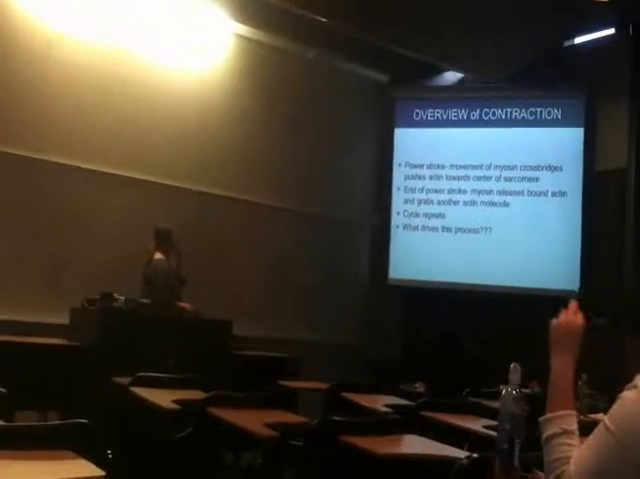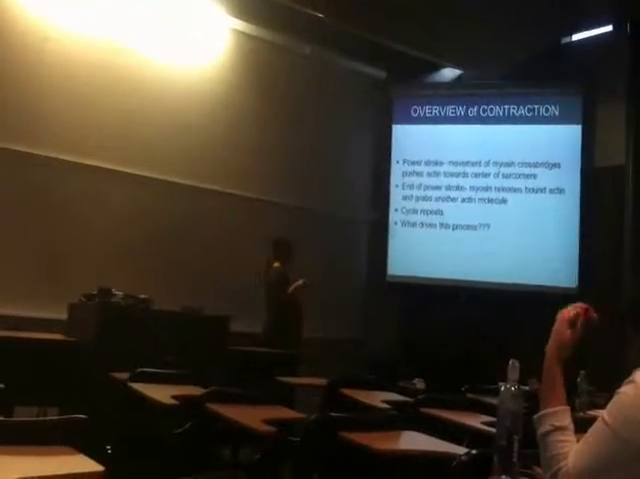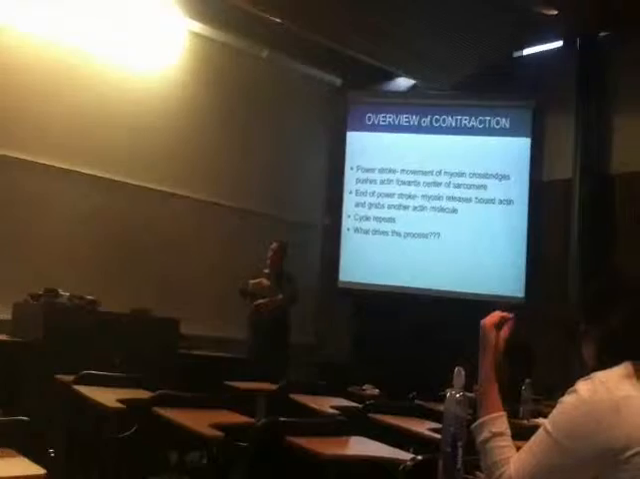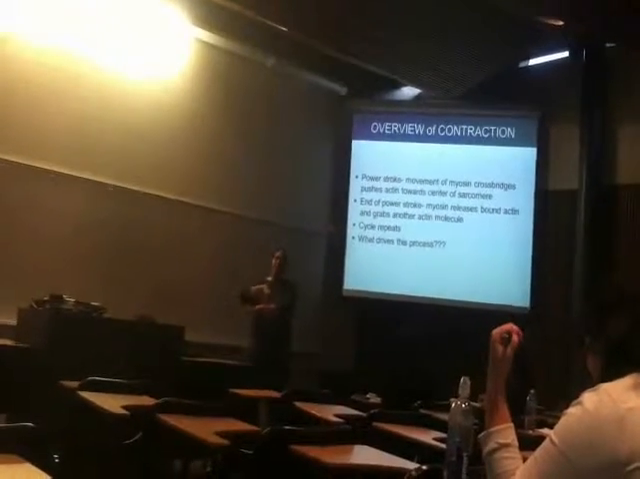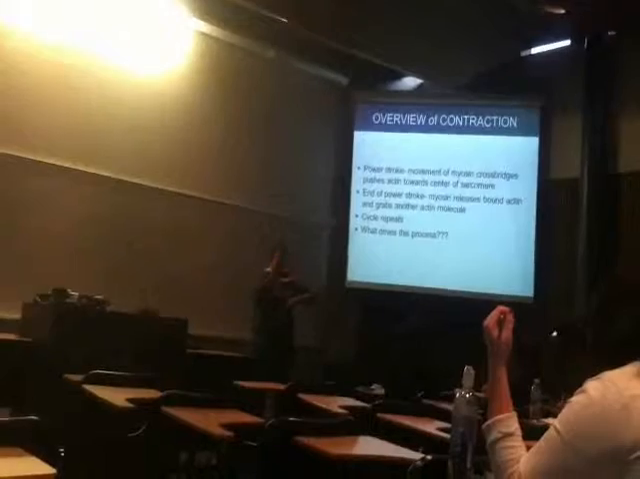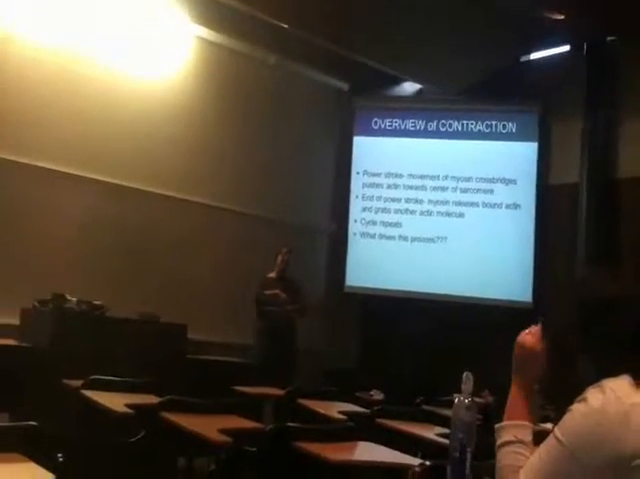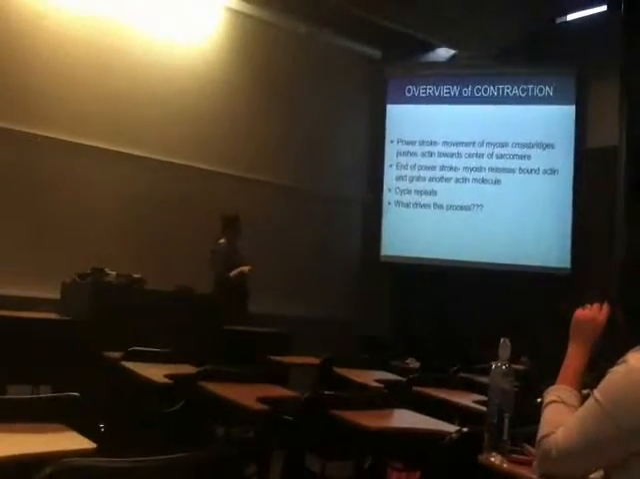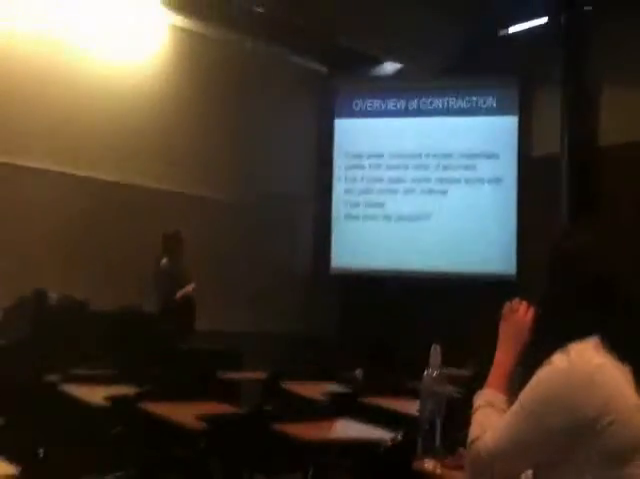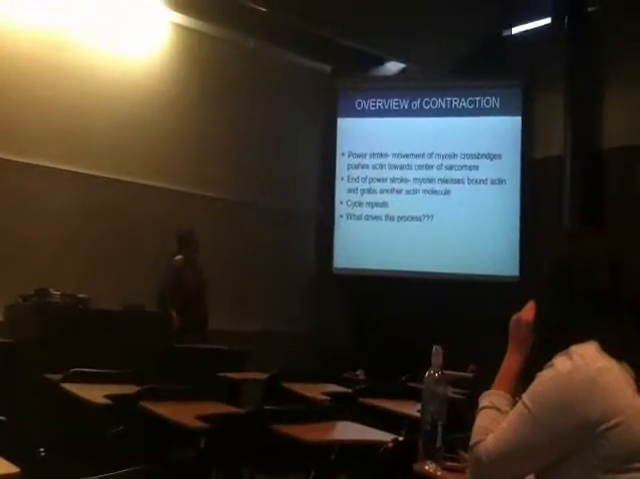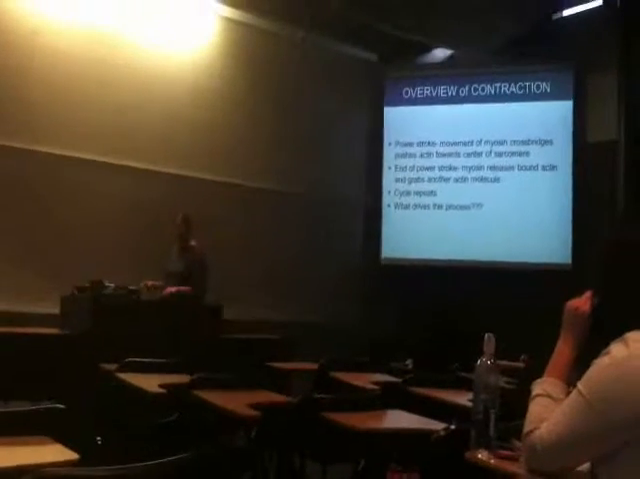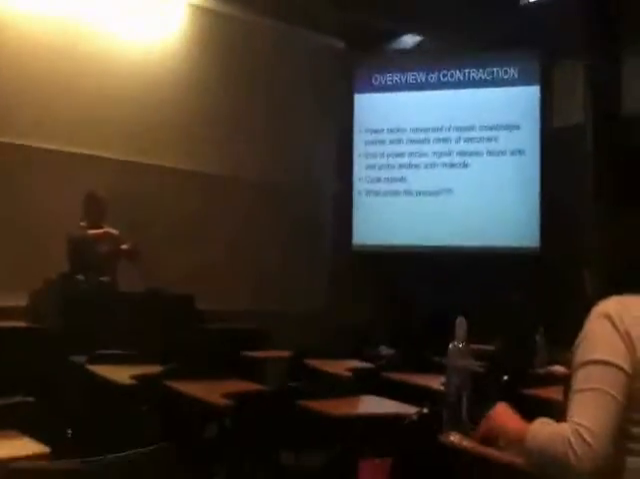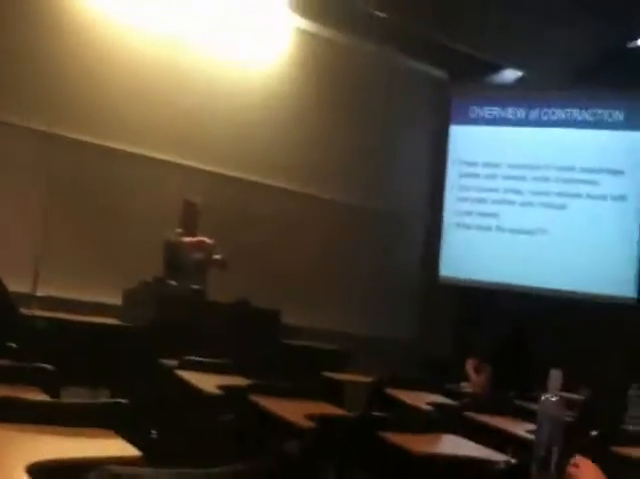Okay, so overview of contraction. How the heck does it work? Myosin, once it cross bridges with the actin, it's going to thrust or contract. We call this a power stroke. Okay, so it's going to contract and pull the actin in towards, I erased it, towards the end line, towards the middle. Okay, end of the power stroke, the myosin releases the actin and grabs another actin molecule. Okay, so myosin head, right, it links up with the actin. As long as calcium is present, it's going to